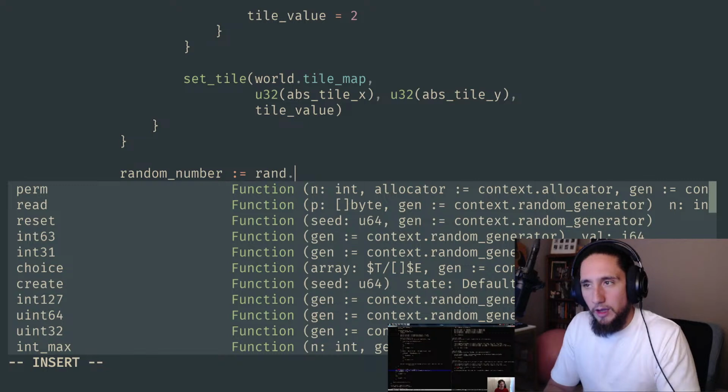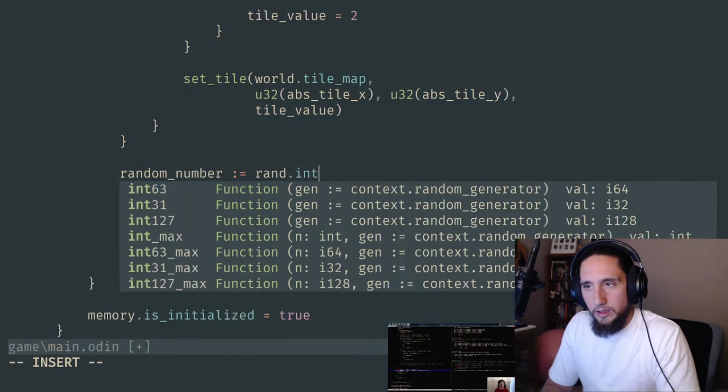Rand dot... Like, isn't it? Yeah, that's what I saw somebody saying you could use. Hey,